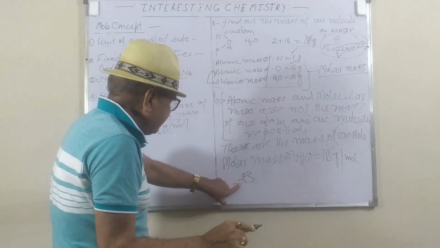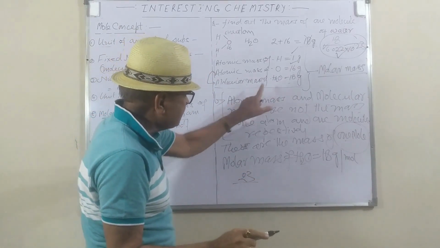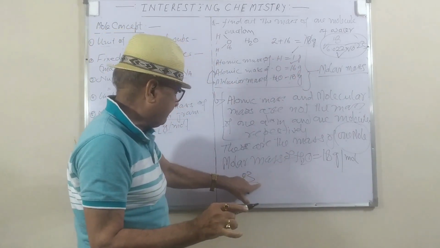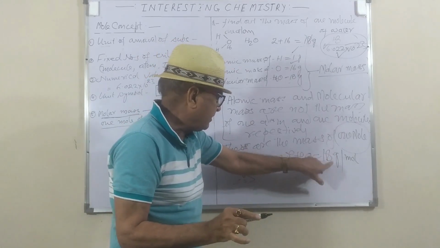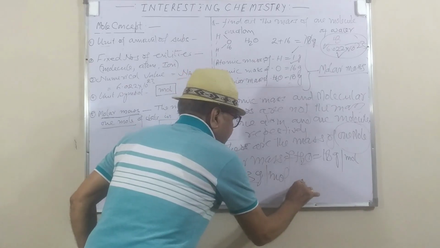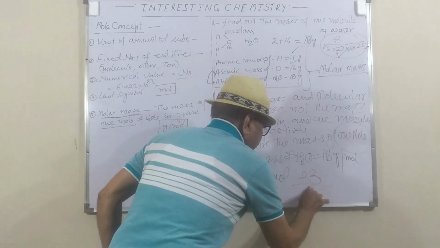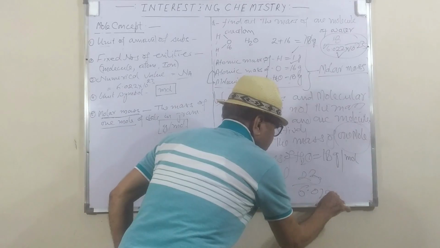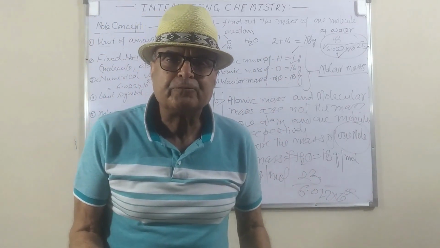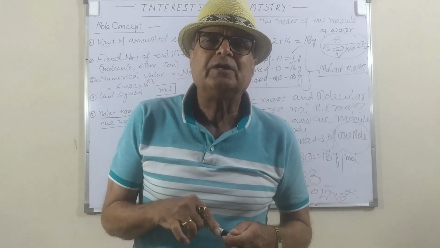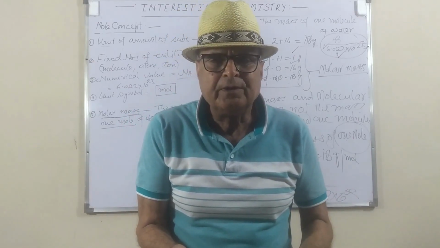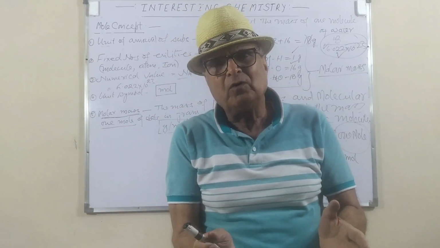So always consider this atomic mass is not the mass of 1 atom of sodium. It is the molar mass of sodium. The molar mass of sodium is 23 gram per mole. So you will divide 23 by 6.022 into 10 raised to the power 23. This is the way you can get the mass of 1 molecule of any compound and the mass of 1